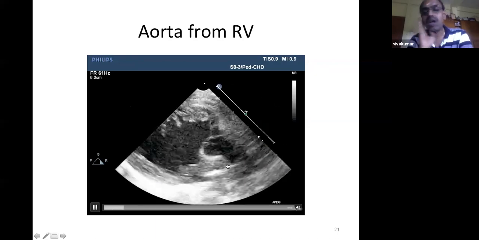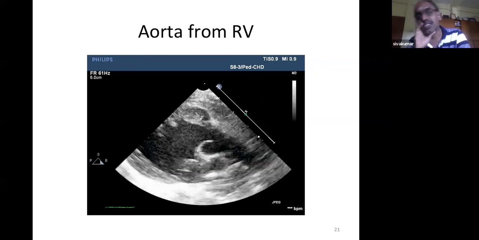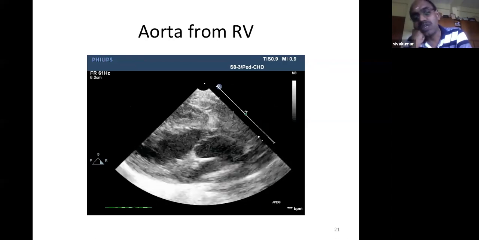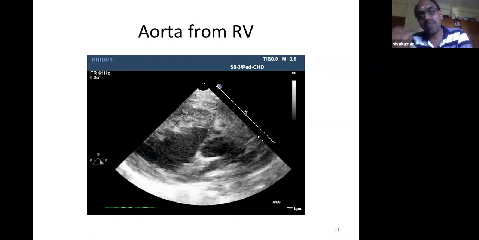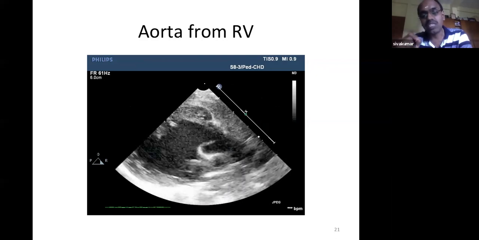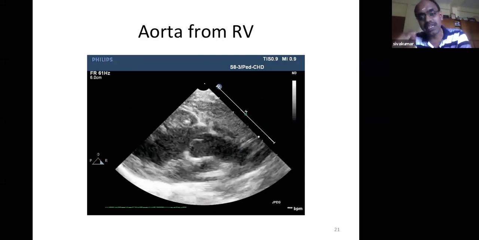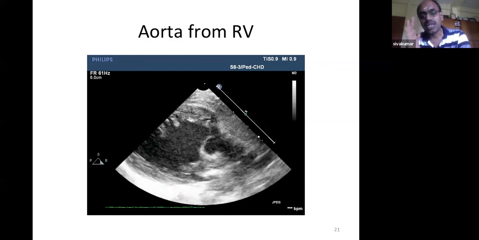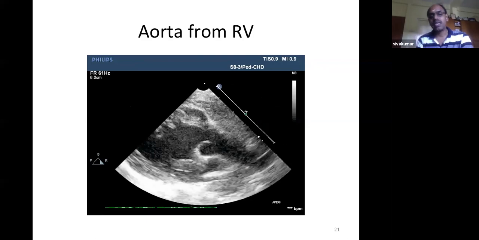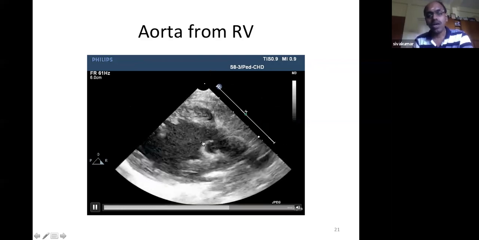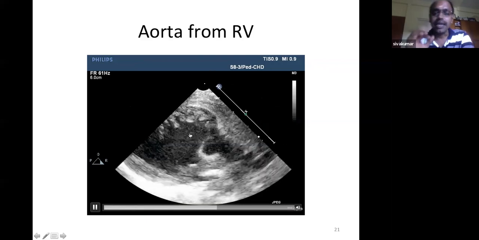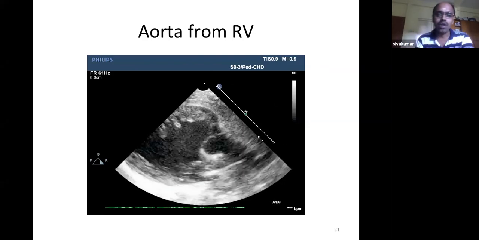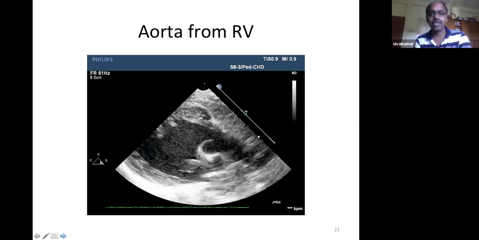When you look at the long axis view, parasternal long axis, this is the most challenging view. In the parasternal long axis view, it's extremely difficult to get the interventricular septum properly profiled in a corrected transposition because the septum is strictly sagittal. I explained it already. So you will never be able to get a view similar to a conventional parasternal long axis view in a patient who has a corrected transposition at all.